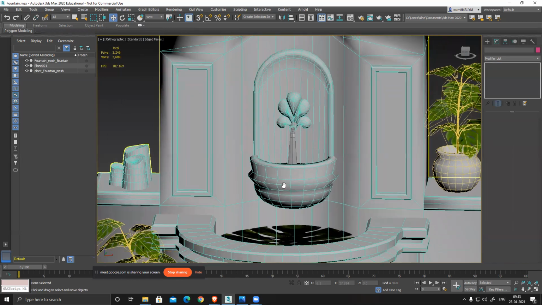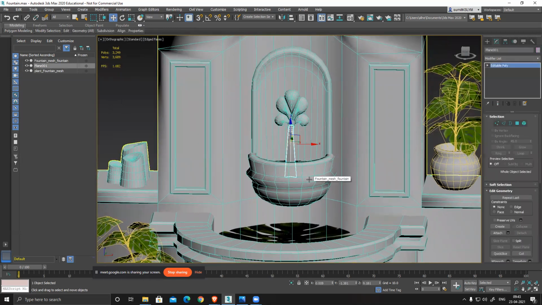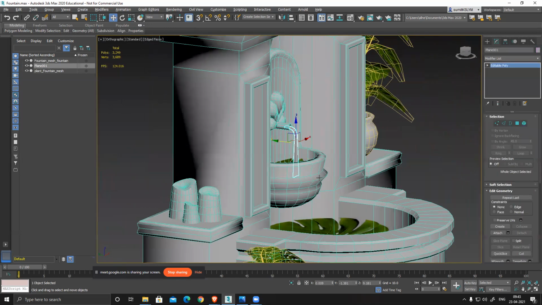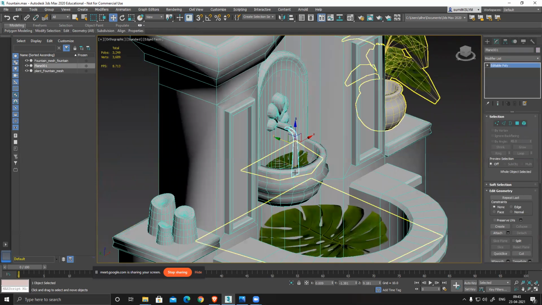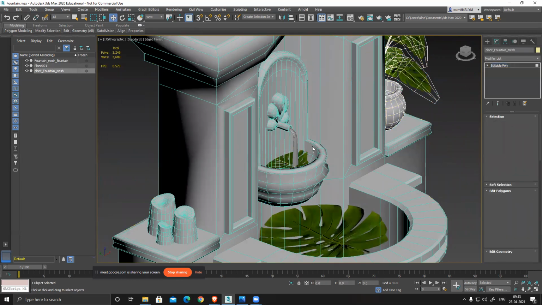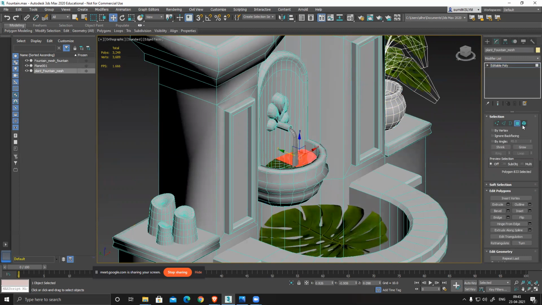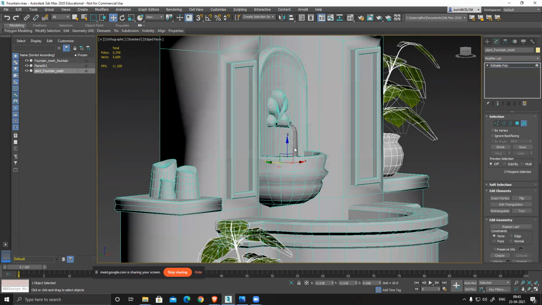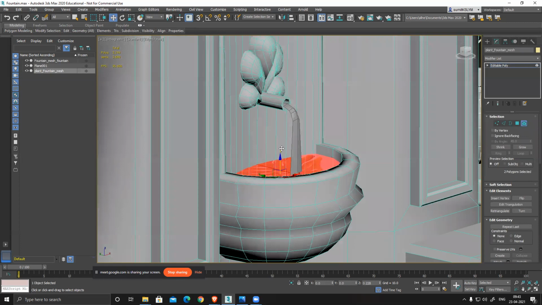Low poly. Now we have a few more planes, and what I can see is this water, this thing is basically overflowing. So the position of this thing is wrong. It should be somewhere here.